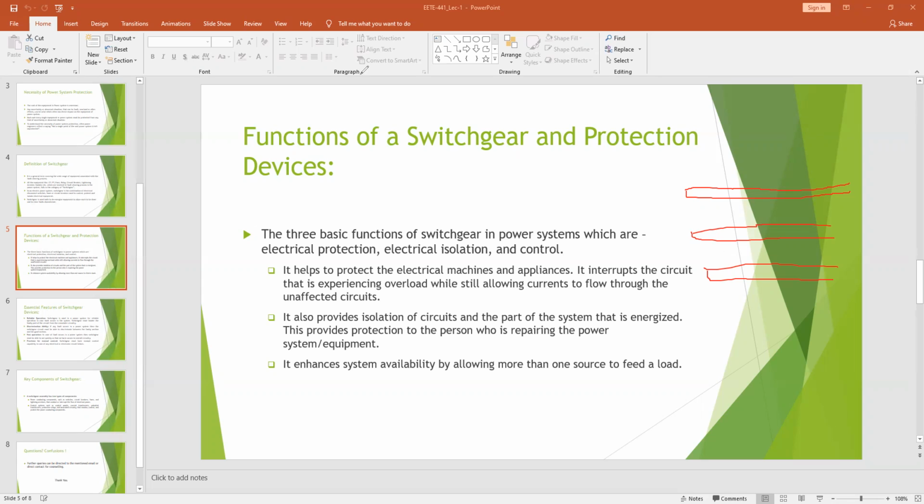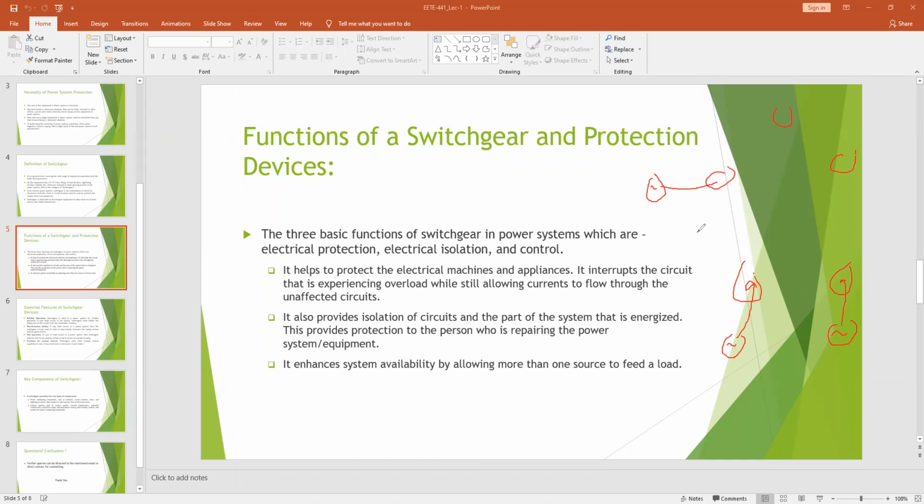Another type of grid is called the distributed grid. A distributed grid system is where you divide your country into some sections. For example, I have the Dhaka zone in my country, the Rajshahi zone, the Sylhet zone, the Chittagong zone, many zones. If my country had a policy of a distributed grid system, what would happen? I would have generating stations that supply only the Dhaka zone, generating stations that supply only the Rajshahi zone, or a generator which supplies the load only in the Chittagong zone.